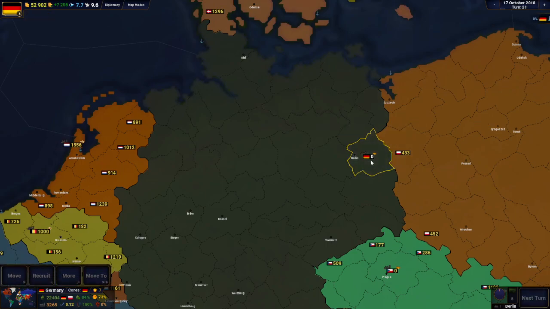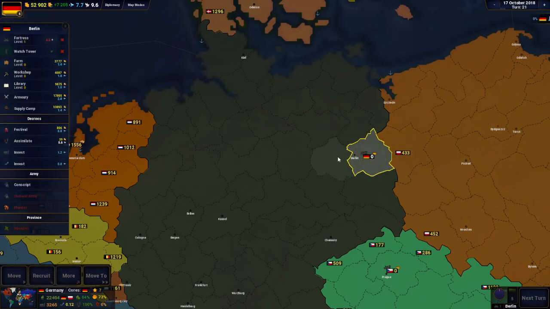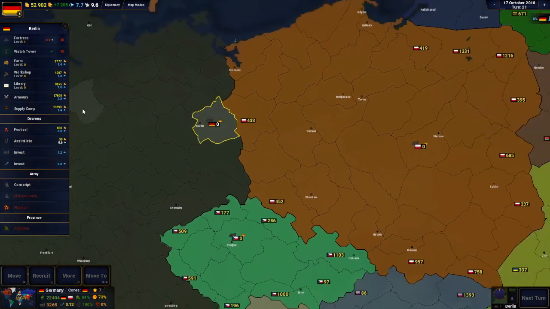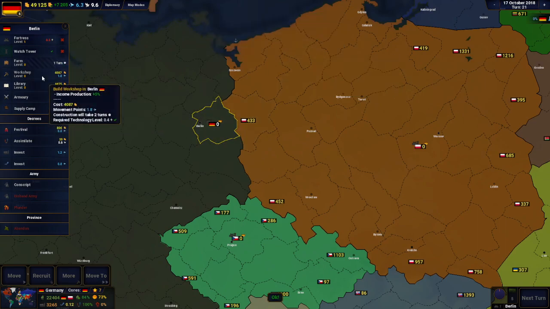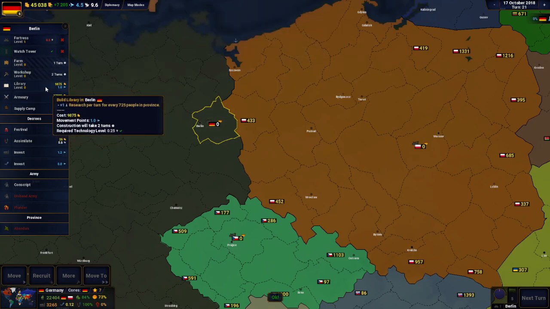Next we're going to go on to basically economic stuff. So if I press E, or the more button down here, then it'll show me the stuff I can do. Because this is a capital province, it starts off with 1 castle and 1 watchtower. And watchtowers allow you to see the amount of troops in the next province if you're not playing with Fog of War off. So I can build a farm, which will up the growth rate. I can build a workshop, which will up the income production, which will give me more money. I can add a library, which will give me one